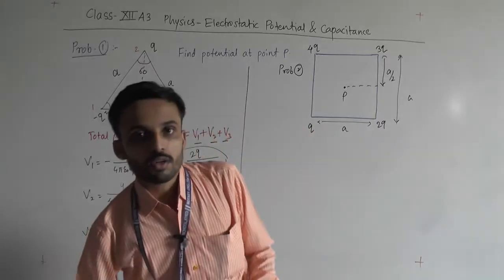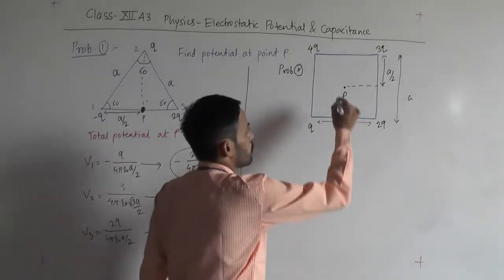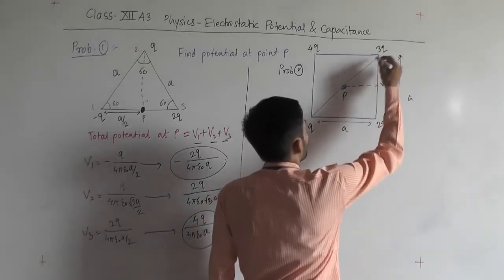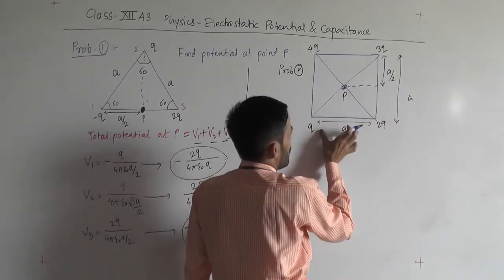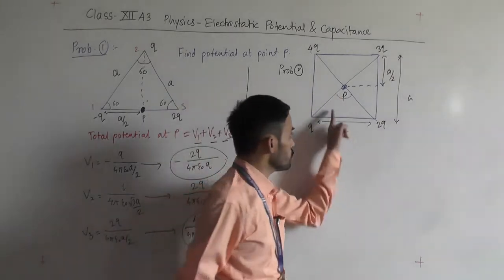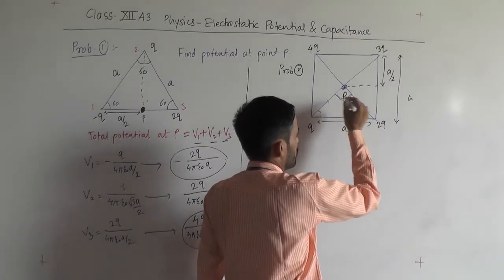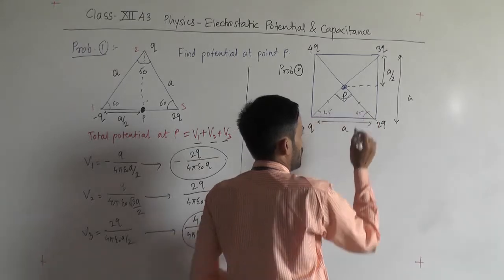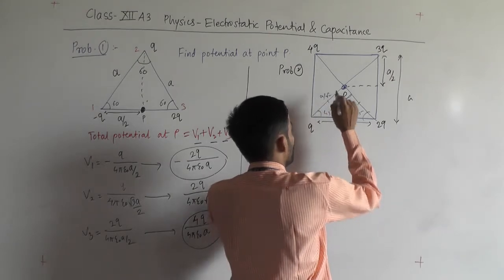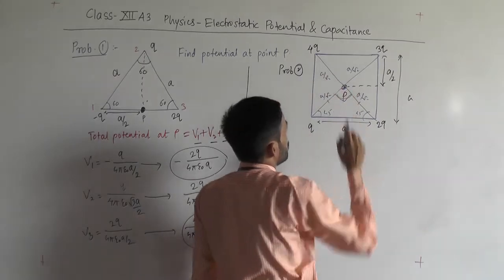Okay, so now we'll go for the next problem. Next problem is problem number 2. Here also you have to consider a unit positive charge placed at point P. So if this is A, then you have to calculate the value of this. So this is A, this will be total 360, so this will be 90 degree, and this is the same. Isosceles triangle, so it is 45, 45, 90. So this is A, so it will be A by root 2. So everything will be A by root 2, A by root 2, A by root 2.